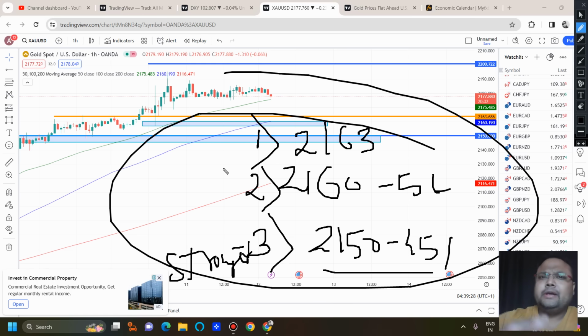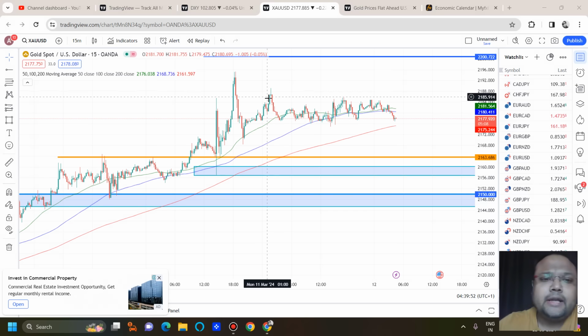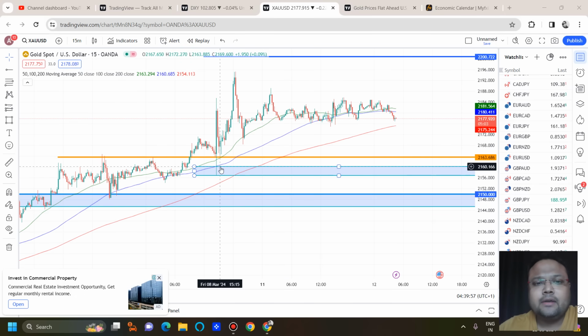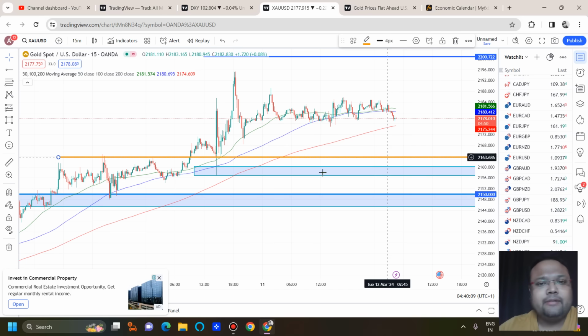During the European session and Asian session, if the market drops, then you can look for a buy around these levels, if you see that the market is taking support and trying to bounce. Yesterday I did not discuss 2160, 2156, because I thought this may not be important, but today I saw that the market has shown considerable price rejection around this area. So if the yellow line fails, the market will get some immediate support around this area. So these are the three levels where you can look for a buy if the market drops.